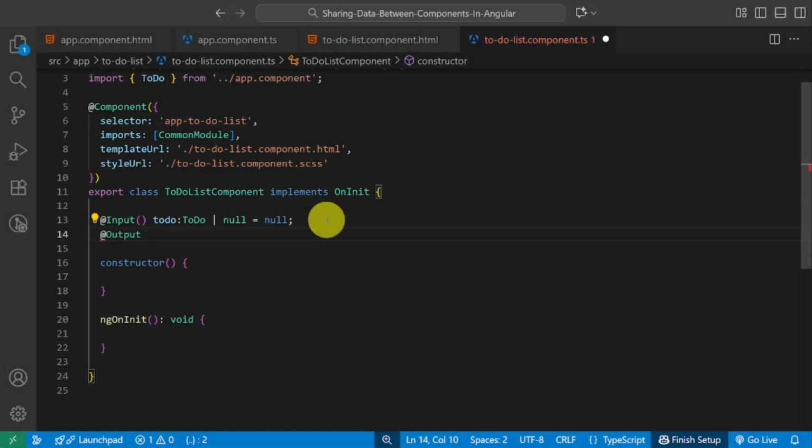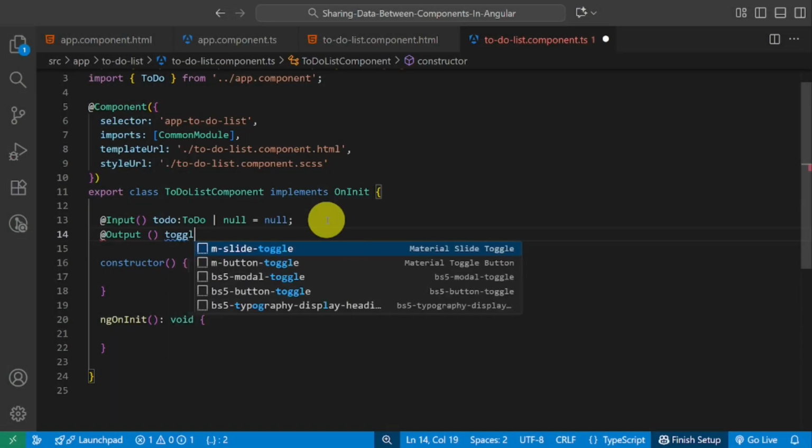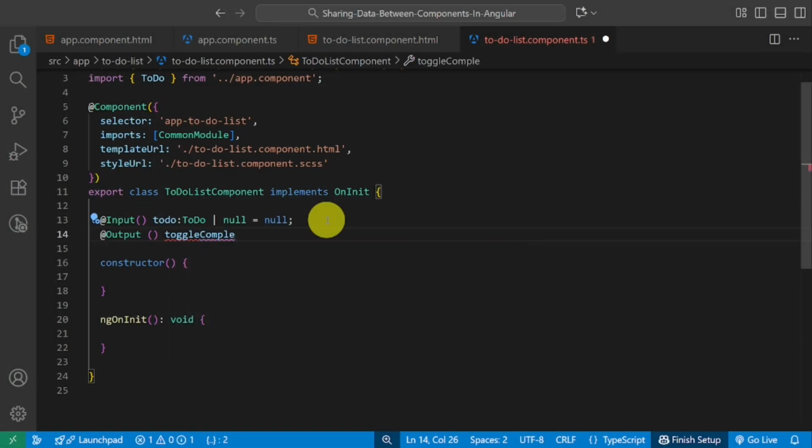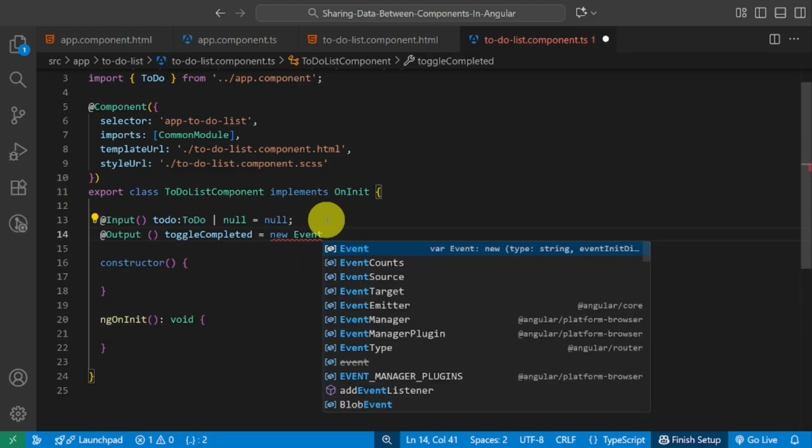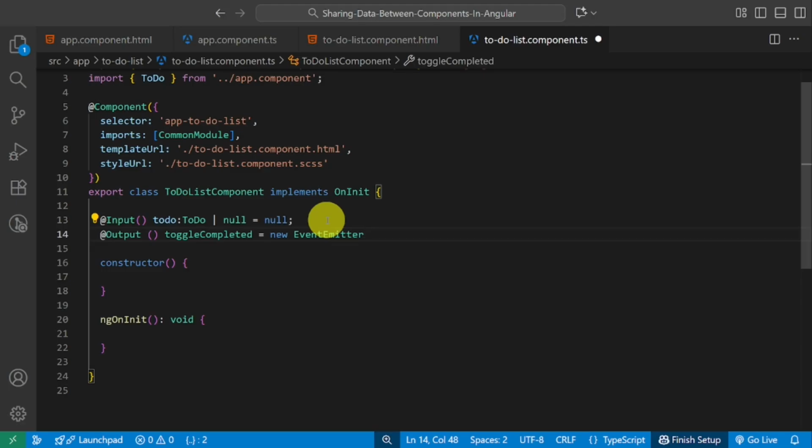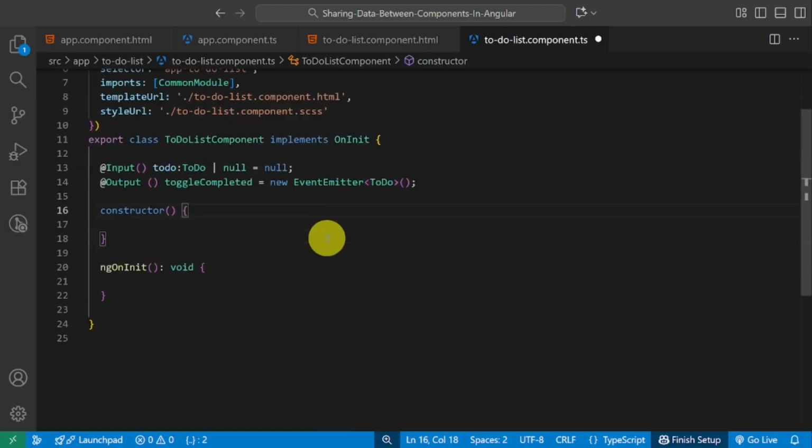Now let's start to implement @Output. @Output is a kind of event that we should assign to a new EventEmitter from @angular/core.